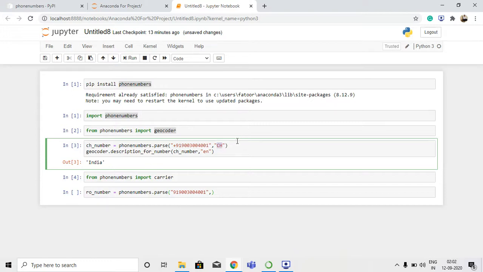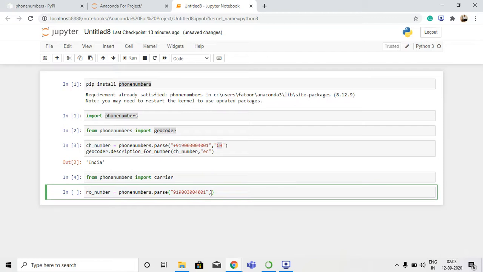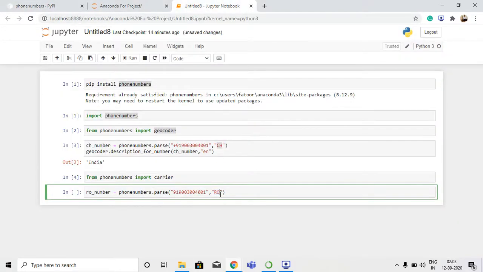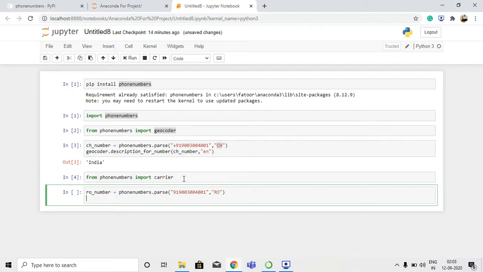get the country information. We are going to use another keyword called ro, which can be called registered organization or radio operator. I'm not sure about this, but as I have referred to the documentation and other commands, I got to know about this. RO is used to get the radio operator or registered organization, just like Airtel, Jio, Vodafone, that is a company provider. We use that, and after that, what we are going to do, we are going to use